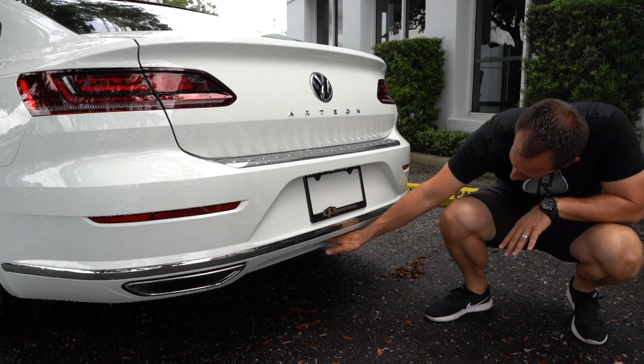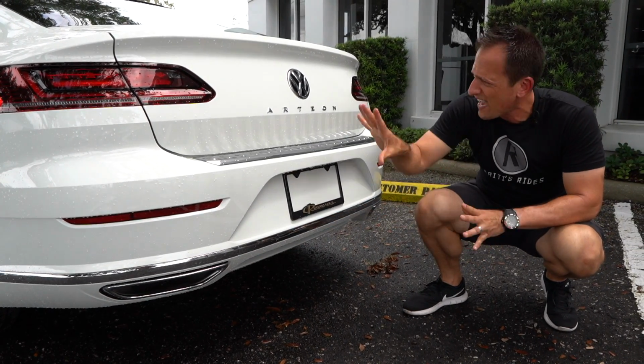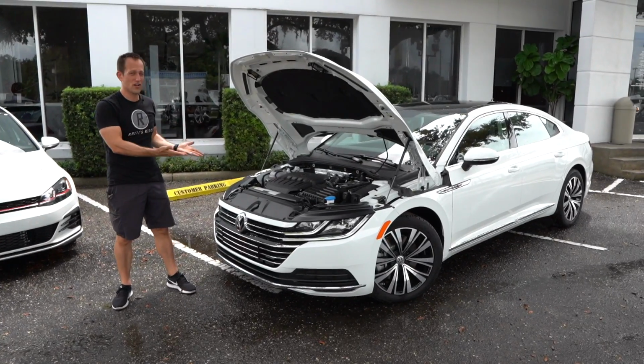You can see how it goes under, but there's actually another piece, almost like a shelf underneath there. Little different design to just make it something extra sporty out back. But why don't we pop the hood and see what's powering this Arteon? All right, guys, we got the hood popped on this